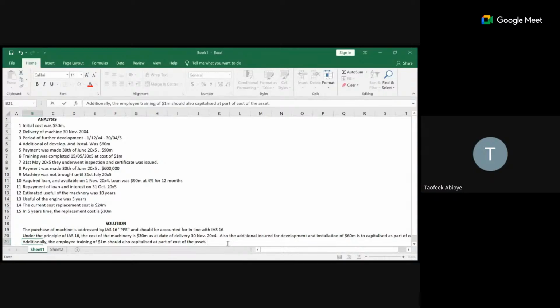Now, the next item is what? On 31st May 2005, they underwent inspection and a certificate was issued, and payment was made of $600,000. So now my question is that the training cost that we paid, that was to be capitalized. Okay, we have done that. Now,